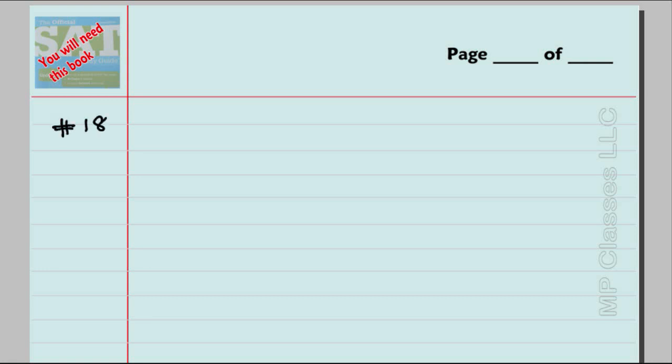Problem number 18 on page 773. This problem has a height of 6 feet, and from this place a ball is thrown upward,